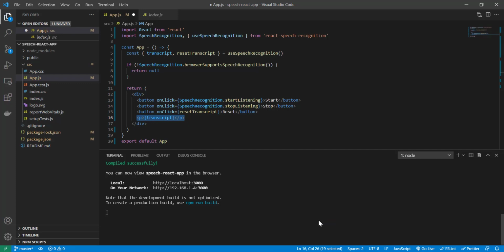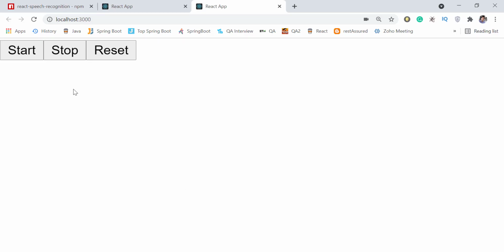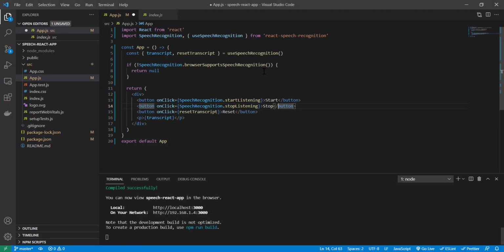Whatever things you speak will be captured using computer mic. So now we will add some functionality here. Suppose I want that I should not click on start, and it should automatically start listening to our words.